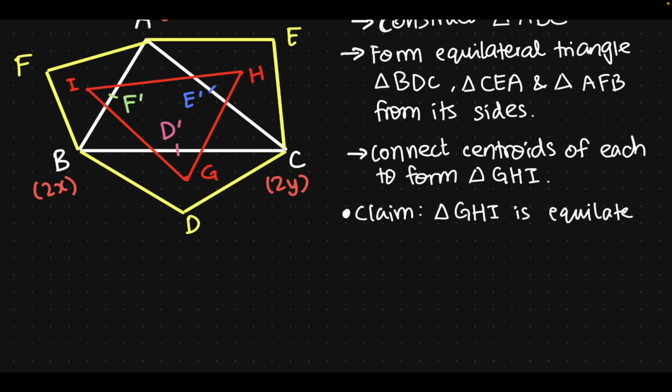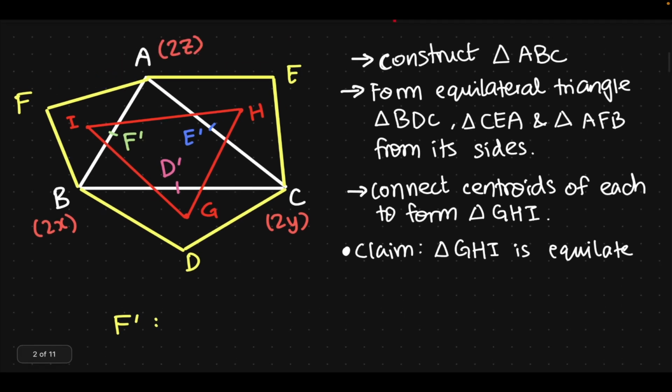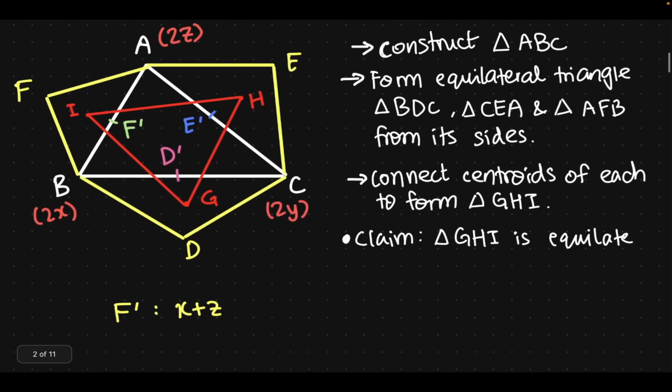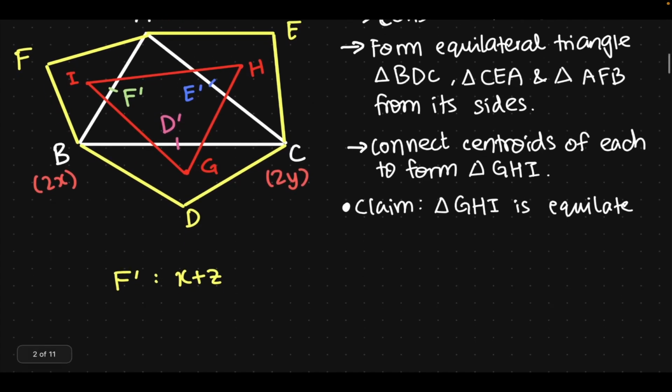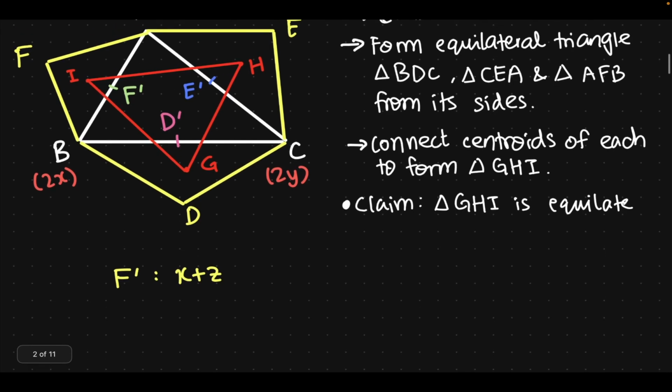So we start by finding the midpoint of side AB here, and I'm calling that F prime. F prime is going to be just the midpoint theorem: 2x plus 2z divided by 2. And now you see why I have the 2 in the first place, so that I don't deal with fractions and I just get x plus z. That is the coordinates of point F prime. We can find the vector BF prime,